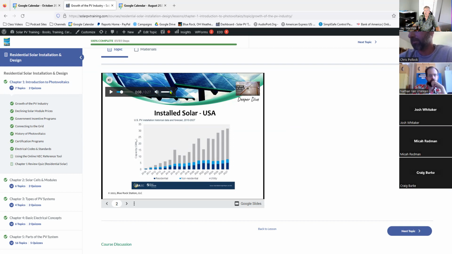So here you can control the volume, you can pause it, you can play it. It will walk through what's on this slide. And then on many of the slides, there's this area up here that just says deeper dive. So if you want to learn a little bit more about the subject that's been going on in this slide, you can click up here and it will take you into a video that goes a little bit deeper